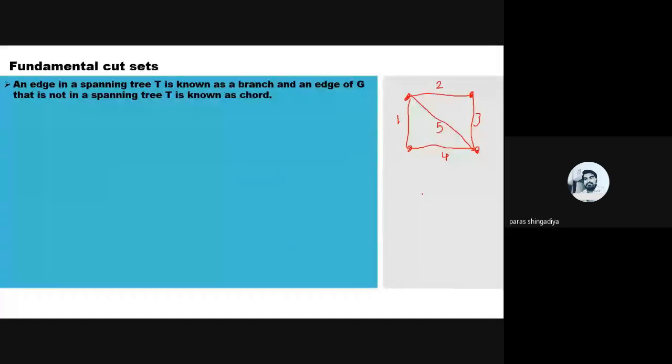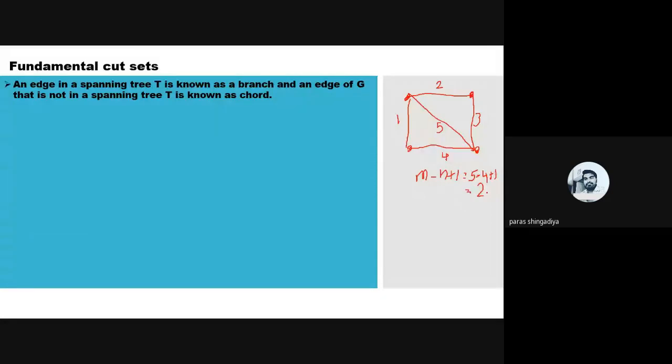That is known as the circuit rank. And what is the formula of circuit rank? That is m minus n plus 1, where m is the total number of edges and n is the number of vertices. So this equals 5 minus 4 plus 1, since the number of edges is 5 and the number of vertices is 4. So 5 minus 4 plus 1 gives 2. What is the meaning of 2? You have to delete 2 edges to convert this graph into the tree.